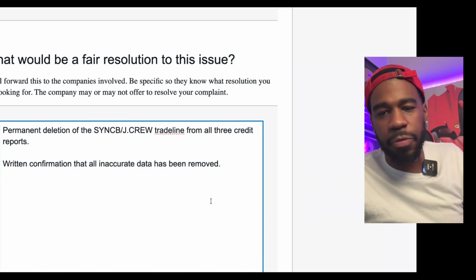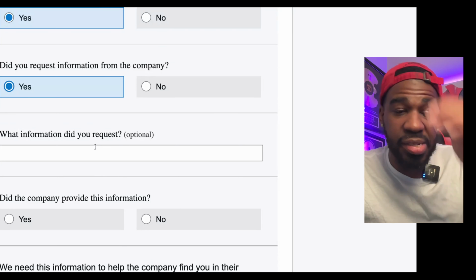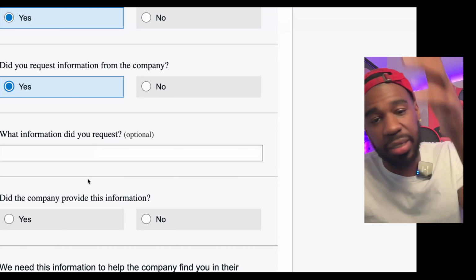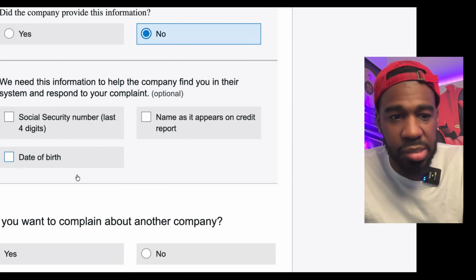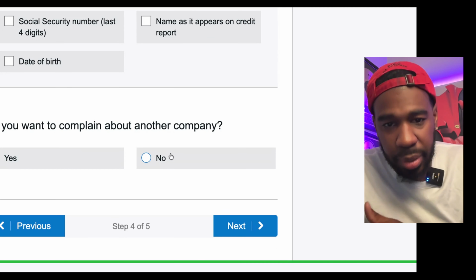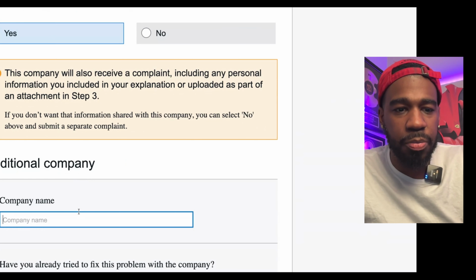All right. And then, have you tried to fix this with the company? Do you want to request information from this company? Yes. What information did you request? You requested them to conduct an investigation. You're going to click on no. And then you go: your social, name as it appears, date of birth. You're going to fill that out. You want to complain with another company? Yes. And then we're going to look up